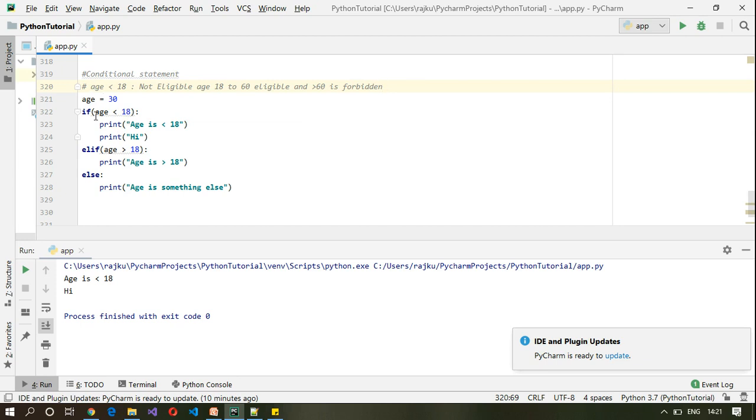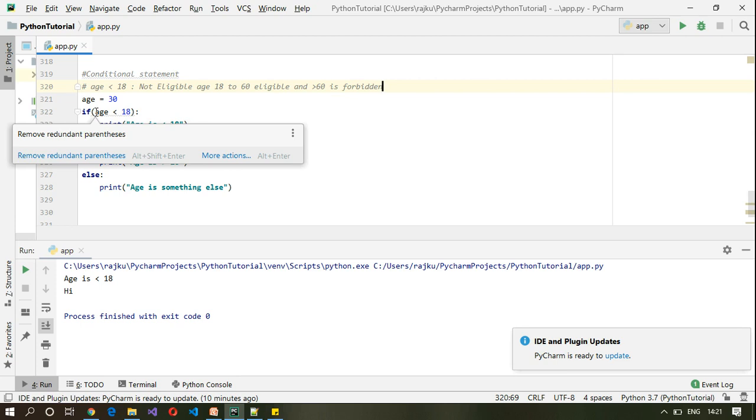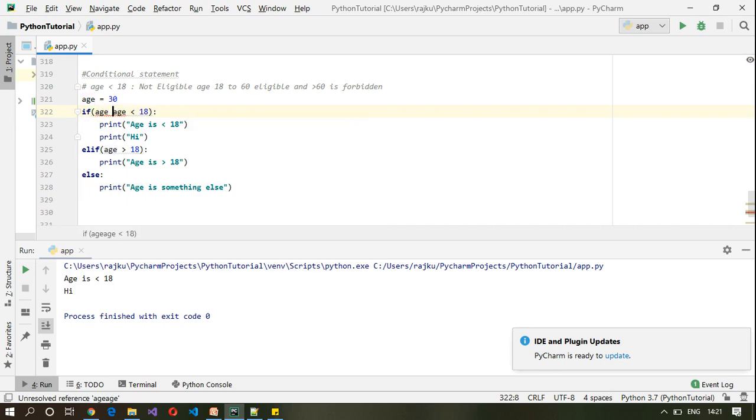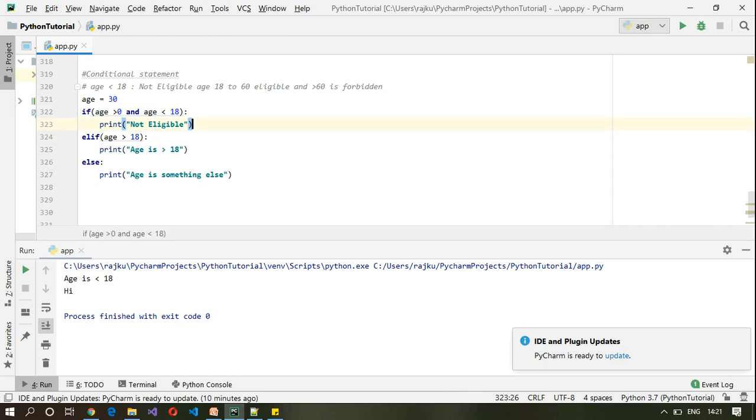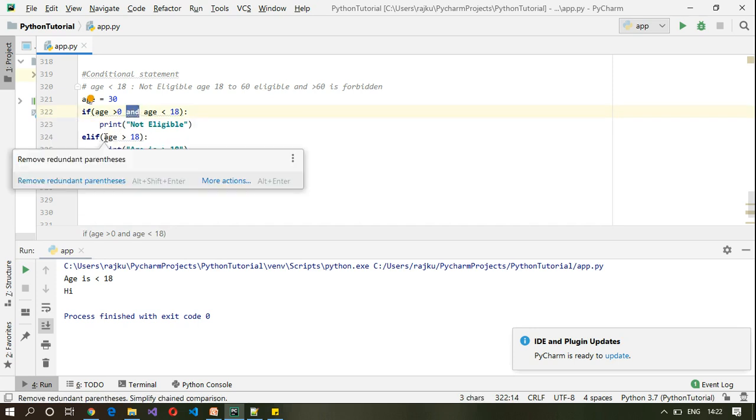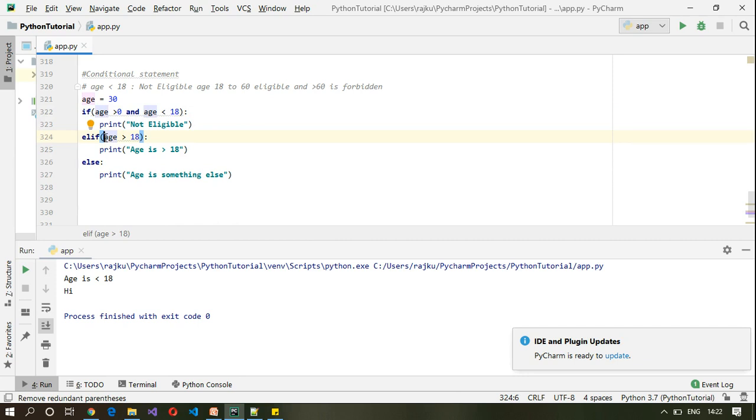So let us change this based on these conditions. In the first if, I will add two ages here. If age is greater than 0 and age is less than 18, then that person is not eligible. Now see that we have combined the AND operator here. We will use the AND operator here also.